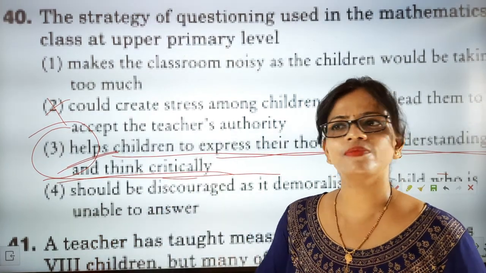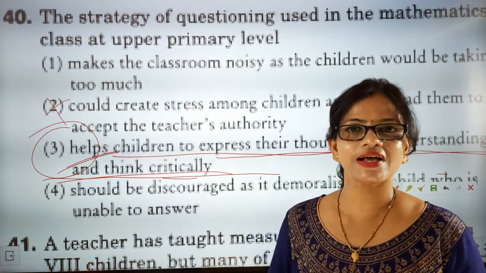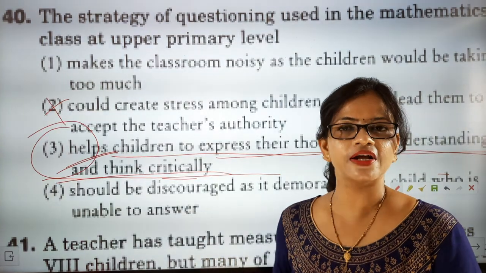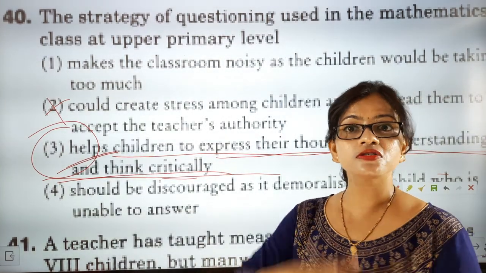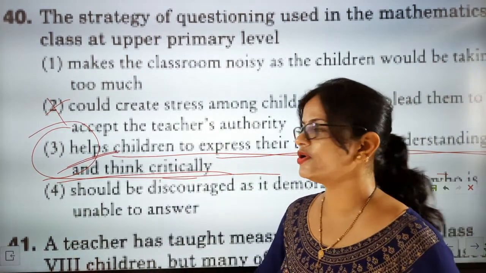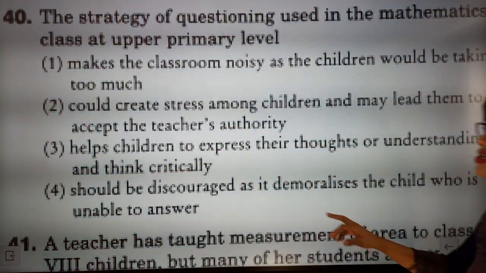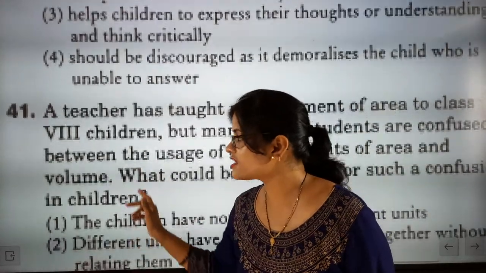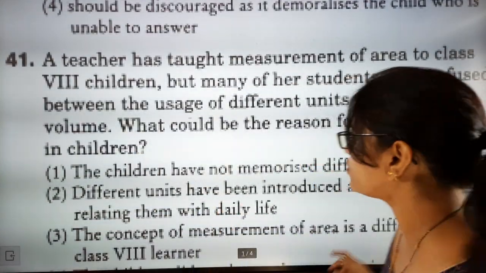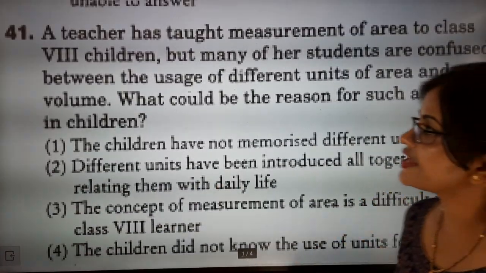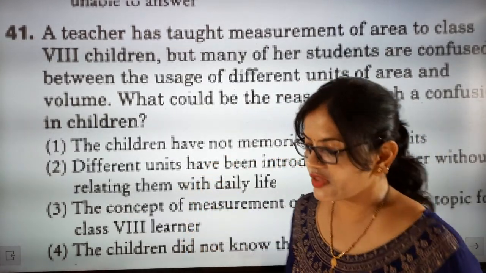So you have to become a facilitator there. You have to allow the child to understand that you are not a strict teacher, you are a supportive teacher. And once you do this, the child will come into that frame of mind of understanding, the child will feel at ease, and the child will express their views. If they understand, they will say yes, and if they do not understand, they will say no.